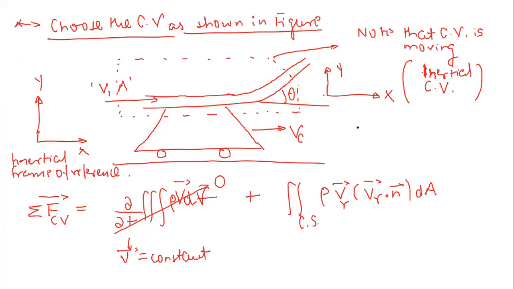While solving this problem, first of all we have to assume a control volume. How am I going to assume the control volume? I will look into our area of interest. Our area of interest is the water, because here the water is entering this pipe at this particular point and leaving this pipe or vane at this particular point. So I will enclose this vane within the control volume, because something is going on with the fluid in this zone. The fluid is entering this zone, the fluid is leaving this zone.